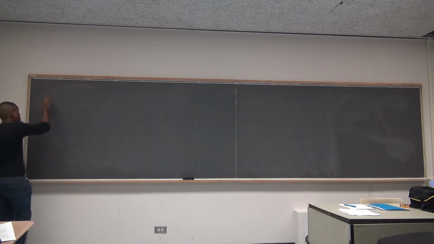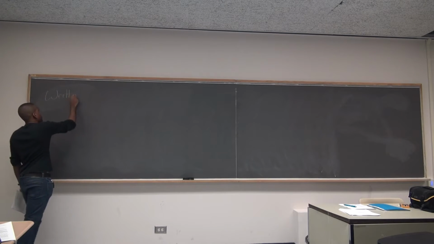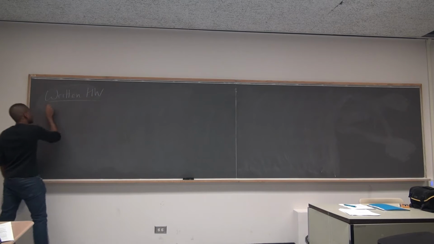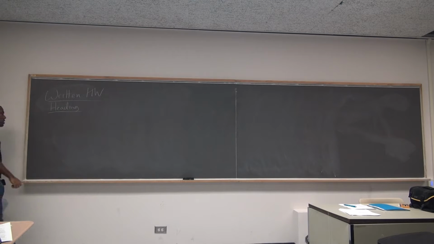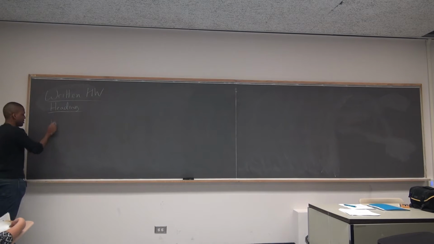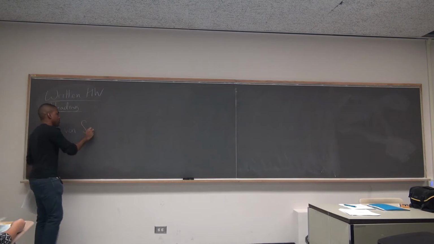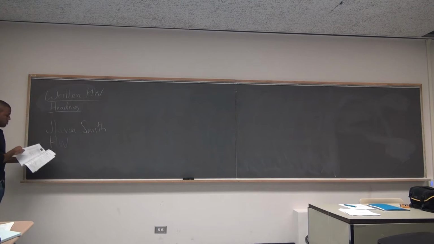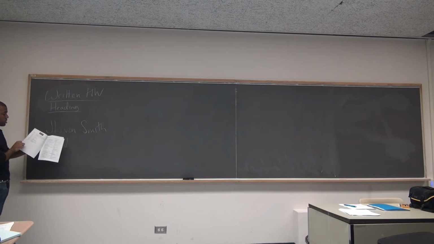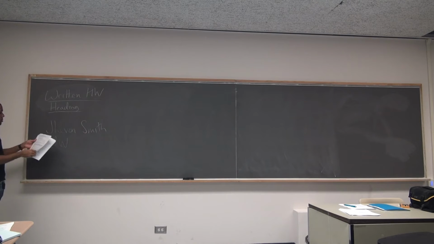So when you're handing in written homework, the heading, I want you to set it up. I want you to write your name first. Your name, Smith. Then you write the homework number that you're doing. So at one of the last pages, there's a list of all the homeworks that you'll be doing for the class, all the written homeworks. So I want you to write your name, the homework number, which is in the far left corner here. Right? And then the topic.